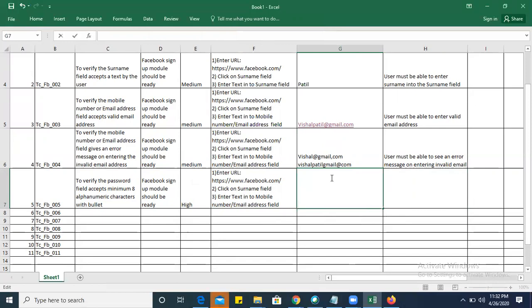So what is the input? Vishal at the rate 123, right? If you don't want to give, then leave it. Okay. So what should be the expected output? User must be able to enter alphanumeric characters and with bullets. Able to enter alphanumeric characters with